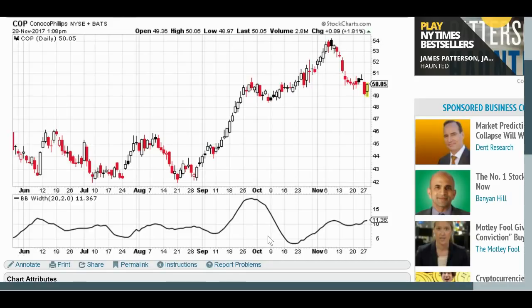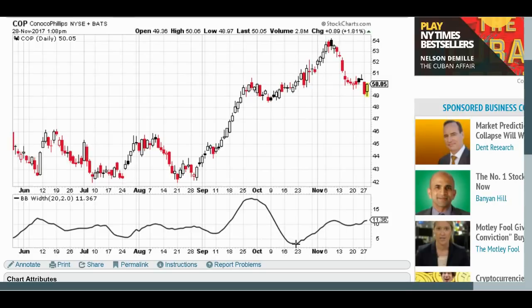That's pretty typical. It's not guaranteed, but it happens often, all right? And so if you want to buy a straddle or a strangle, that might be a good time to do it. And so you might want to wait until the Bollinger Bands are really close together. In other words, you want to wait until the width is really low, like 5 or below 5 on this chart, on the standard settings here. And look what happened.